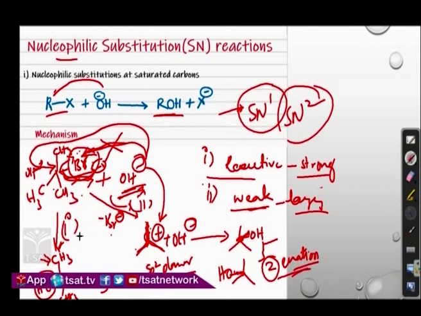But in the first condition, where the strong nucleophile was present, there will be only one product, that is the inverted product. What is meant by inverted? It means reversed. Earlier the bromine was on this side, let's say the down side, and the OH must attack from the upper side. That is the difference. So now you understand the two scenarios of reactivity of the nucleophile.